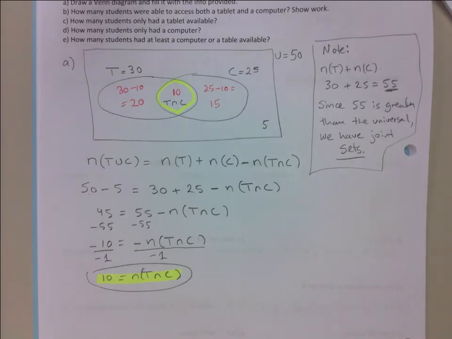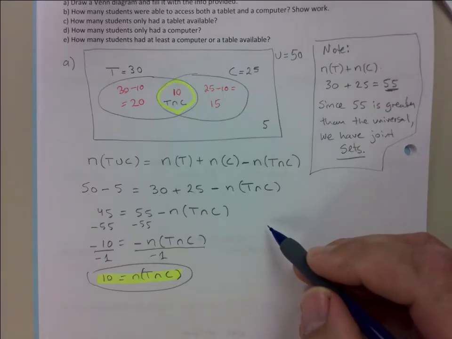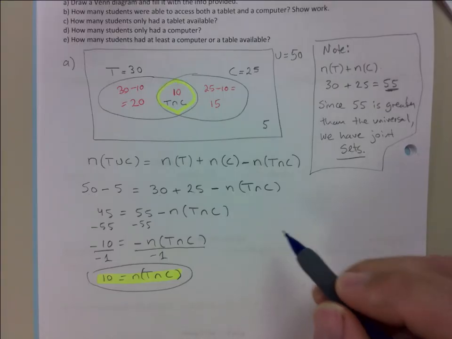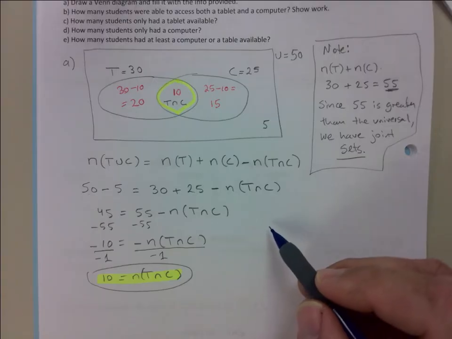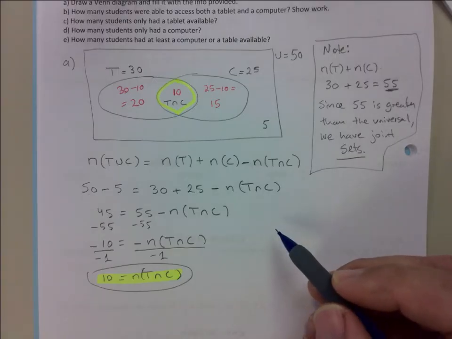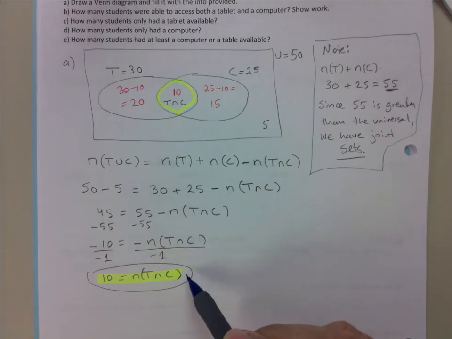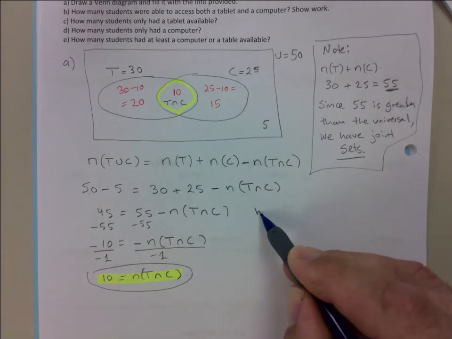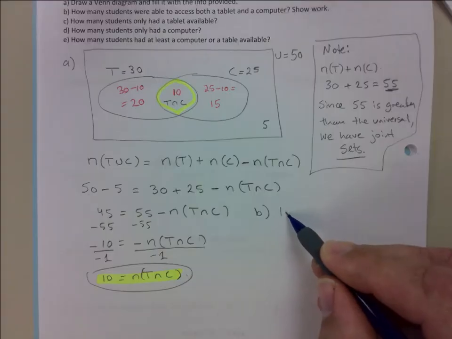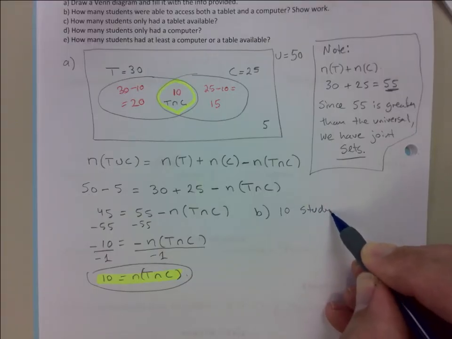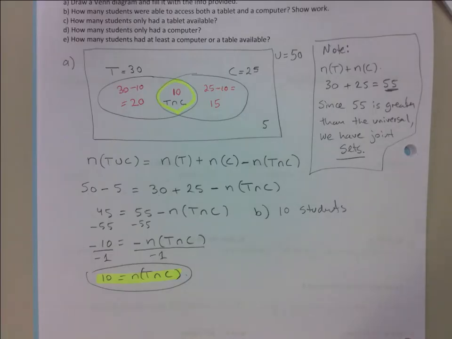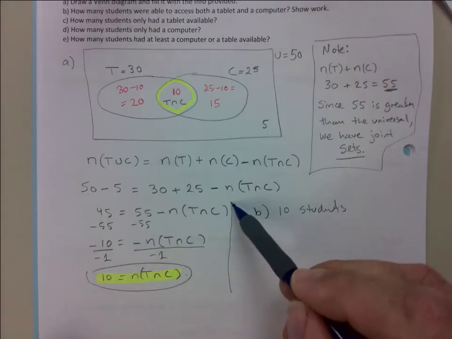Okay. So the A is done. Let's do B. How many students were able to access both a tablet and a computer? It's this one right here. So for B, just answer 10 students. I will see the work and I'll just go off of your work for that one. So if you want to box this in,